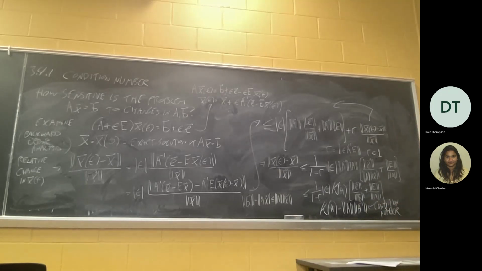Okay, of A. That's supposed to be a Greek letter kappa. All right, so in English, what does all this say? It says that the relative change in the solution when you perturb a problem a little bit is bounded by this factor, 1 minus r, times the relative change in the problem, because this is a relative change in the right-hand side,